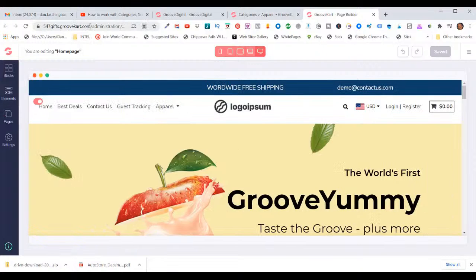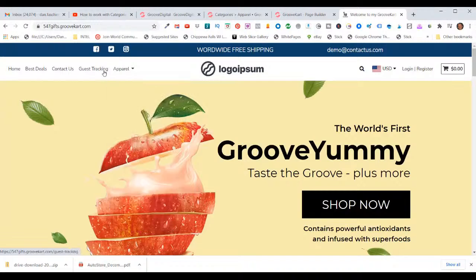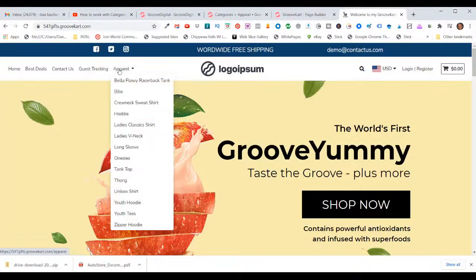Now if I go to my main page here at 547gifts.groovekart.com, if I open up a new tab and paste that in there, I'll now see my apparel category, and if I hover over that, you'll see all of my pull-down items. Now I don't have any items in any of these subcategories, but this shows you that the procedure I went through did create a category on your main navigation bar of your store, and it created a pull-down menu of